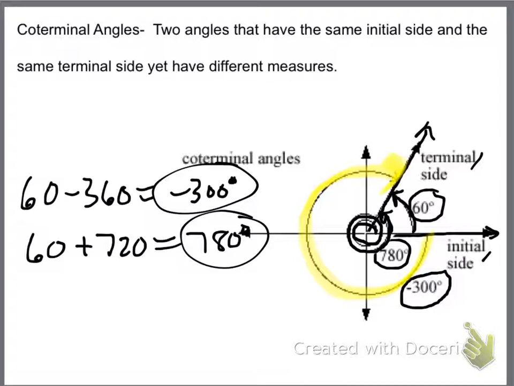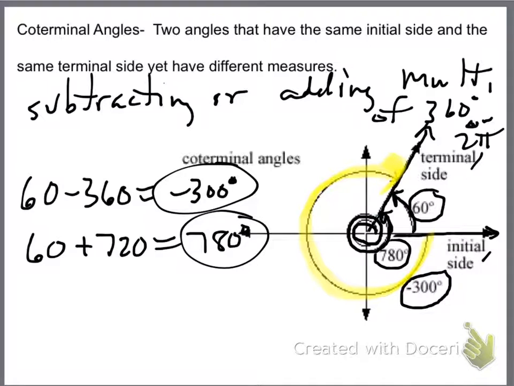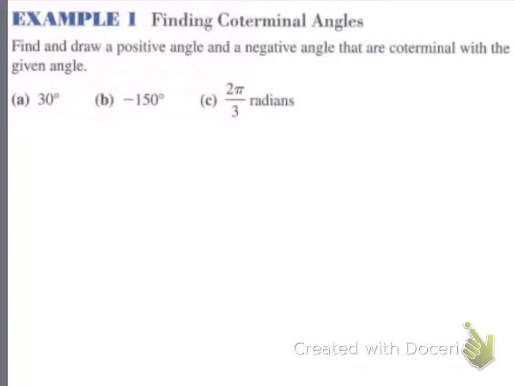So that's where that 780 comes from. So basically you are either subtracting or adding multiples of 360 degrees or 2 pi, depending on whether the angle is in radians or degrees. Okay, so when they ask you to find and draw a positive angle and a negative angle that are coterminal with the given angle, so part A,